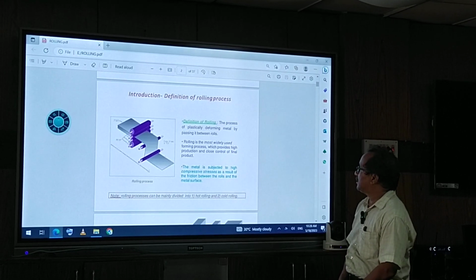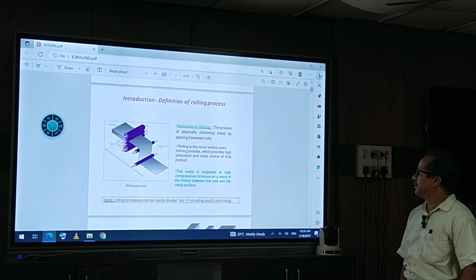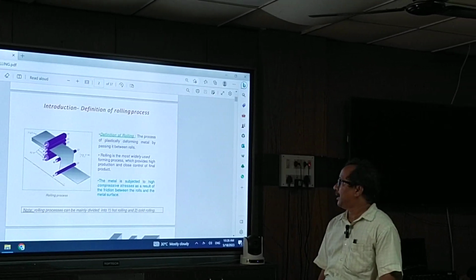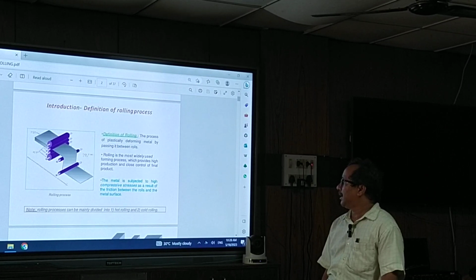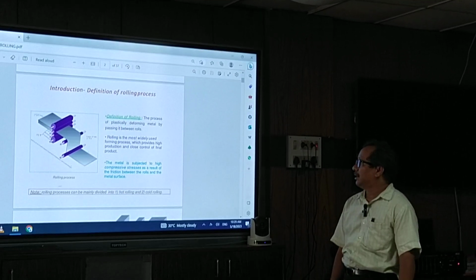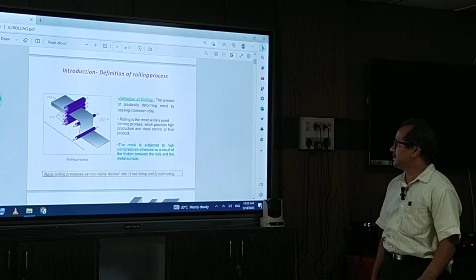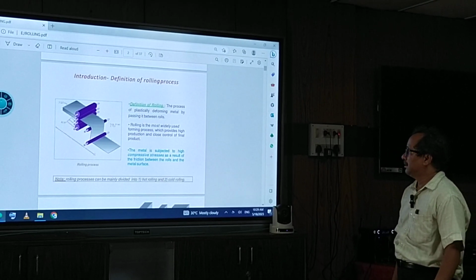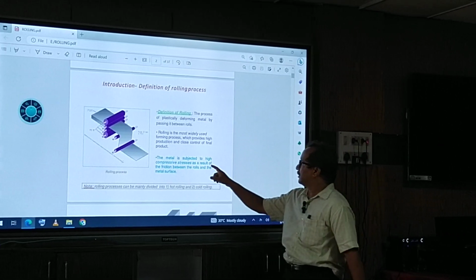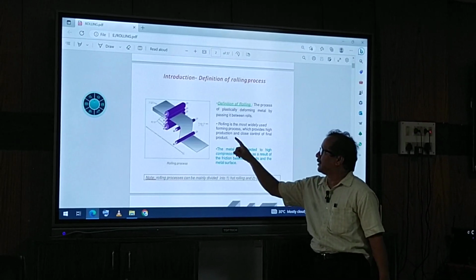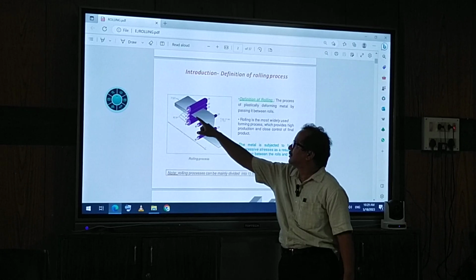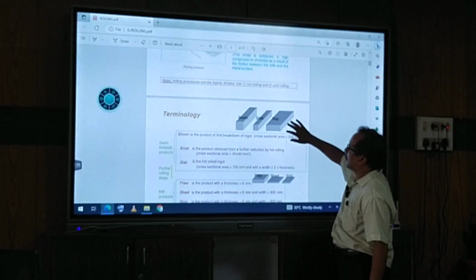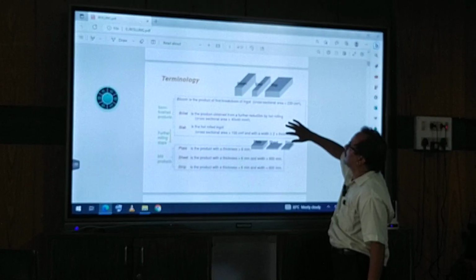Rolling is the most widely used forming process, which provides high production and close control of the final product. The metal is subjected to high compressive stresses as a result of friction between the rolls and the metal surface. So this is an important point, that is compressive stress. We are applying the compressive stress by these rollers. Next we will go to the terminology we use in